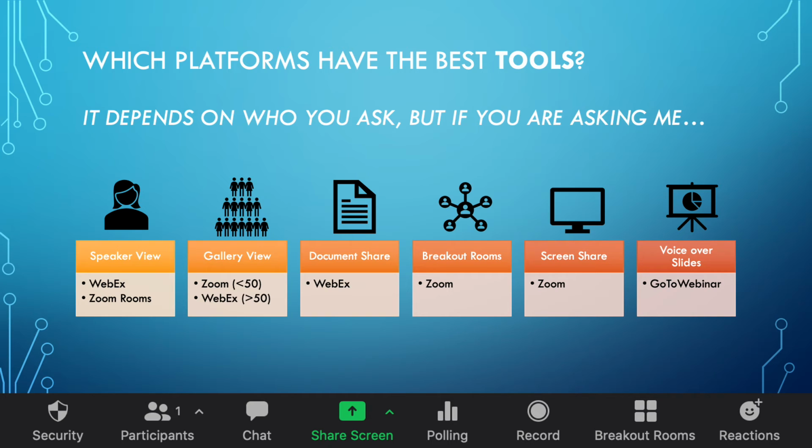Breakout rooms are very easy to do on Zoom, and I think Zoom is the clear winner here because you can create them quite quickly as needed. With WebEx, it takes a little bit more planning and forethought. They're very robust on WebEx, and you can create many of them, but they're a rather advanced skill. I also find screen share is a bit better on Zoom, and I think it has higher definition video. It does produce HD webcam video,